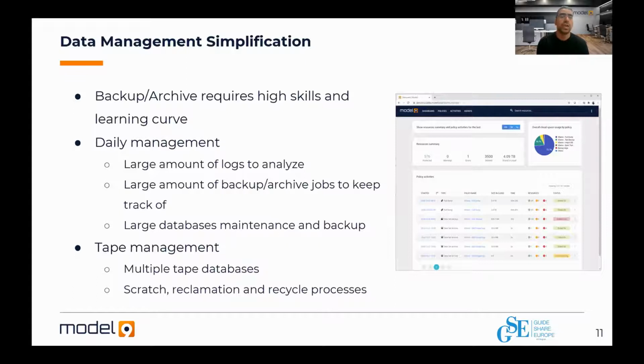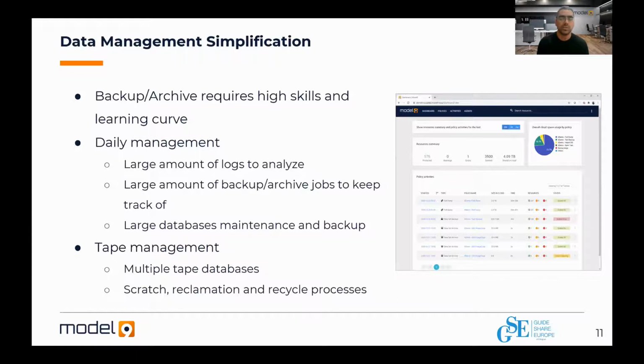You should have a rich management UI that allows you to see at a glance what happened last night, whether or not there were any errors. You can drill down, figure out which data set failed, why it failed, with clear messages and explanations that will help you make sure everything is done successfully.